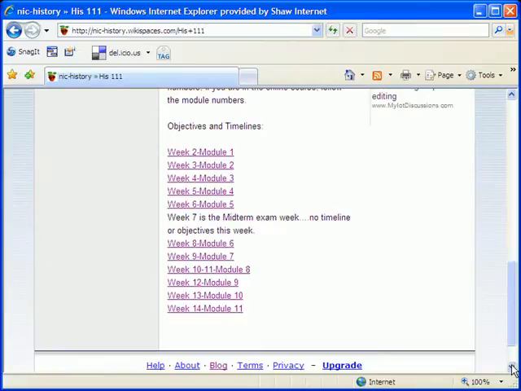For each week's work, you'll find that there are a series of objectives and a timeline, and I've separated those out of your course material and put them into this format. If you're in the classroom version of the course, follow the week numbers. If you're in the online version of the course, the module numbers. The content is the same, it's just the packaging that's a little bit different. So if we take a quick look at module 1 week 2 here,